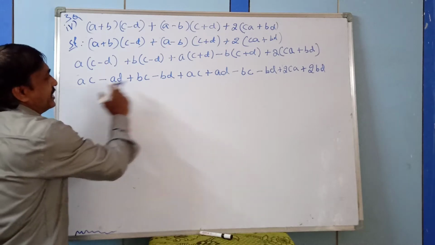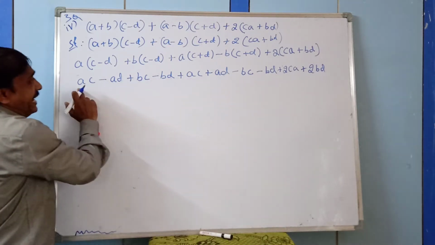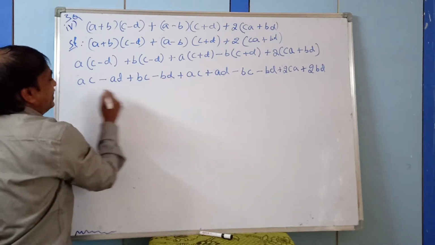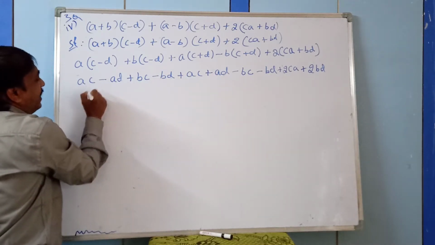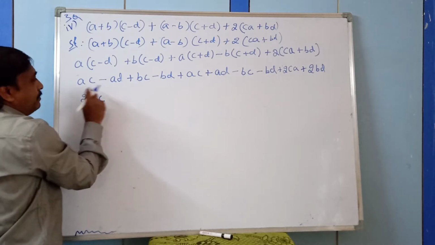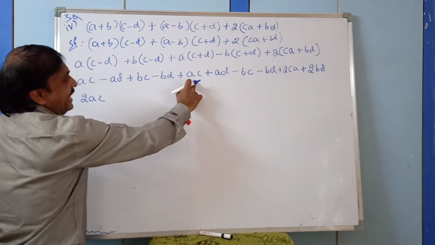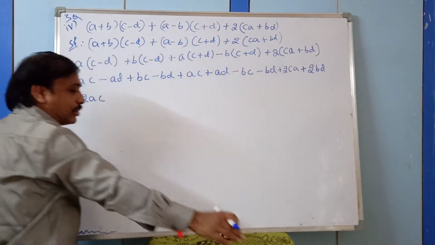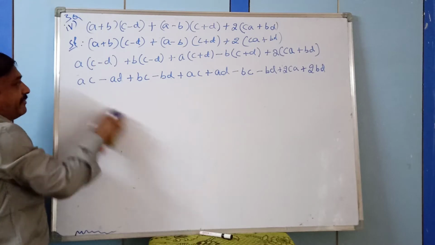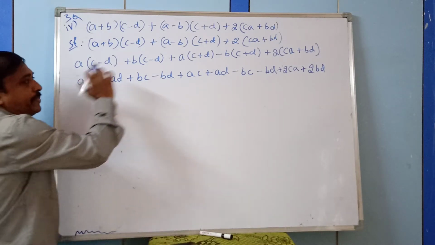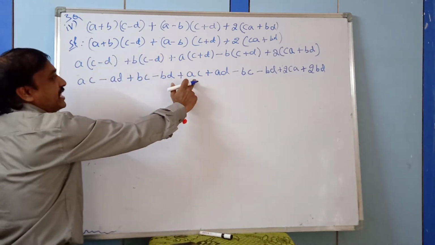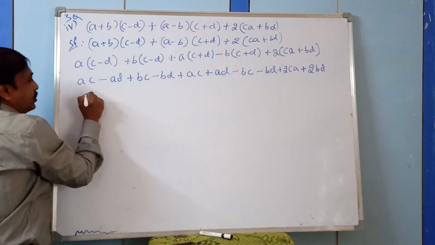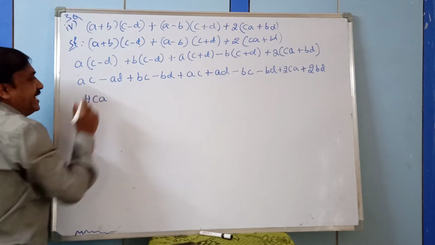So A into C and C into A, AC, AC. Are you following? These two I am taking as 2 times of AC. Observe it. AC plus AC, 2 times of AC, plus 2CA, that is also AC. So together, observe it. AC, this is 1 time, the coefficient is 1. Here the coefficient is 1. 1 plus 1, 2. And 2 plus 2CA, that is total 4 times of CA.